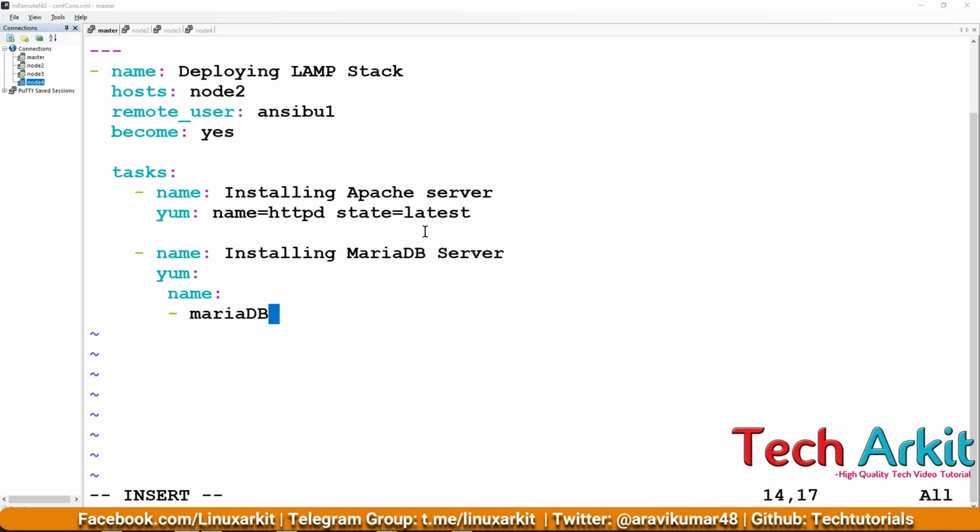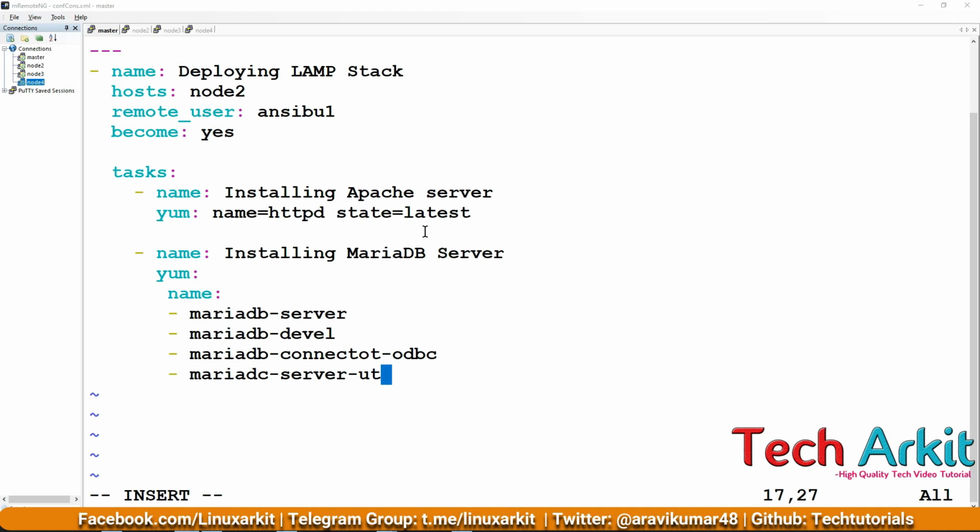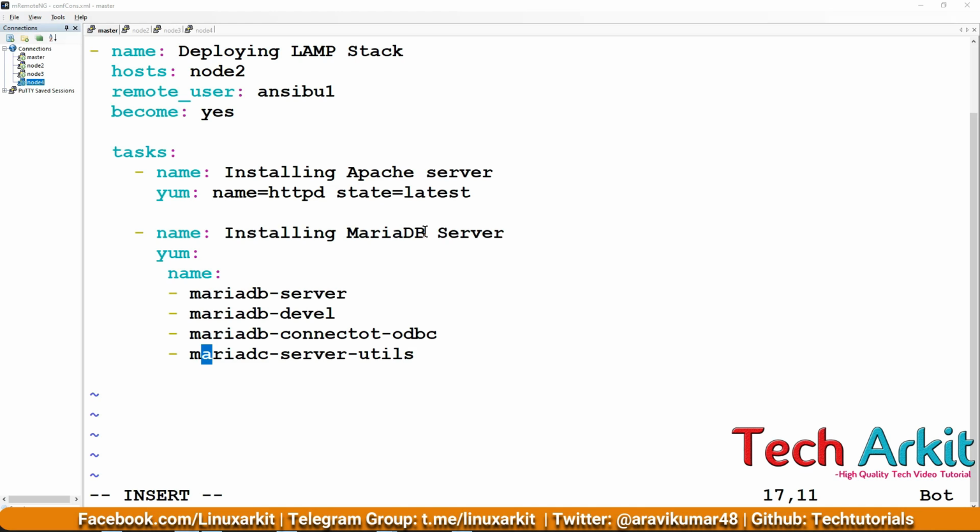So mariadb-server, sorry, all small letters, and I'm going to write mariadb-devel, so the development package, and MariaDB connector ODBC. So I'm just going to use an ODBC connector to connect to MariaDB, and I'm also going to install the server utils, which is required for the server utilities to be installed. There is a spelling mistake, remember, so you should not make any spelling mistakes, otherwise it says the package is not found on the